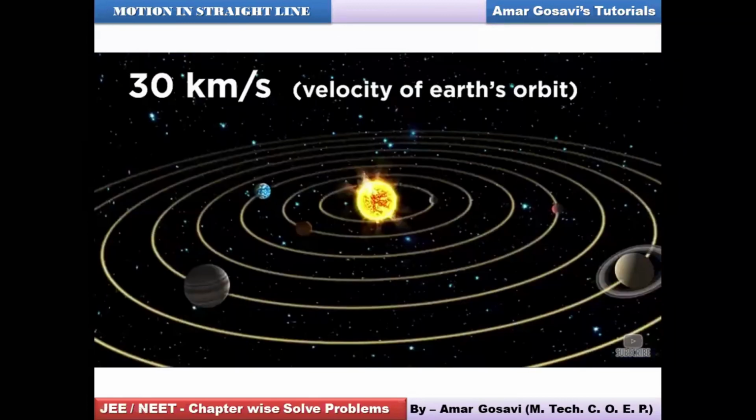Here you can see when we talk about relative motion, the velocity of Earth's orbit will be different with respect to different planets. Say for example, Earth may be moving with a different velocity with respect to this planet. The velocity value will change with respect to this planet and so on. So it will depend on planet to planet. That's what relative motion is all about, because we relate the two observers moving in this case.